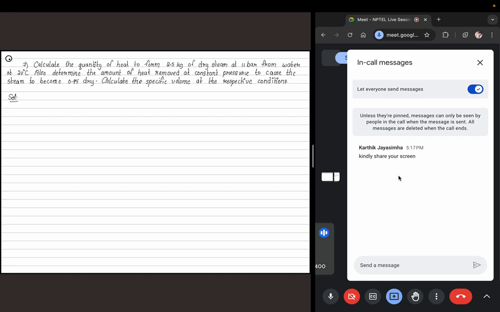So state 1, we have water at 20 degrees Celsius. So let's say it's saturated liquid at 20 degrees Celsius. And then what we are doing is